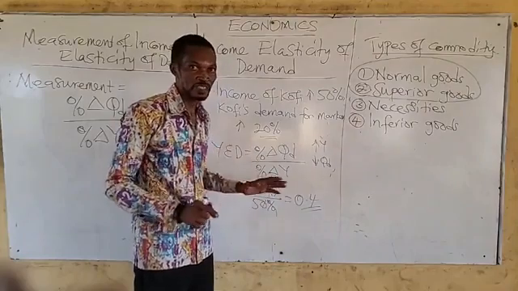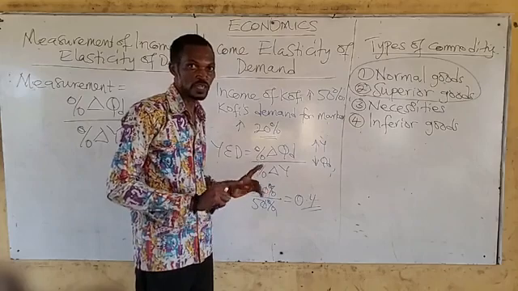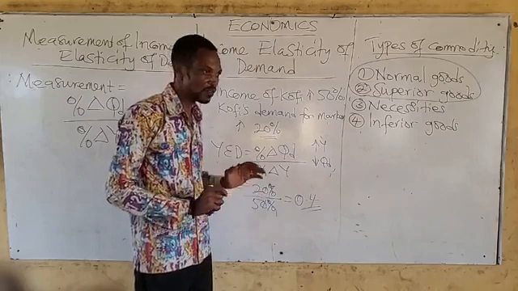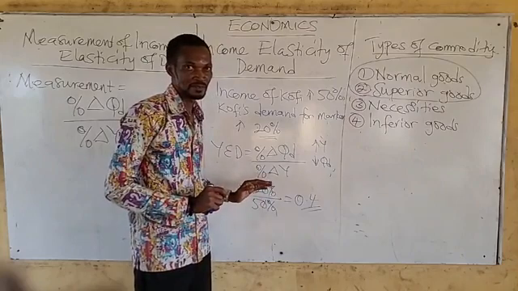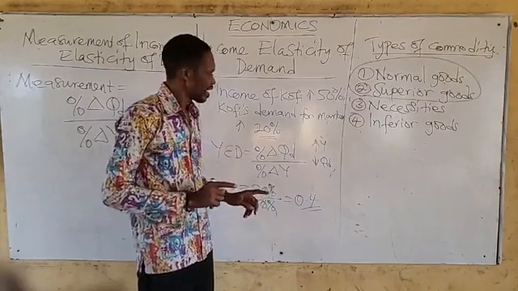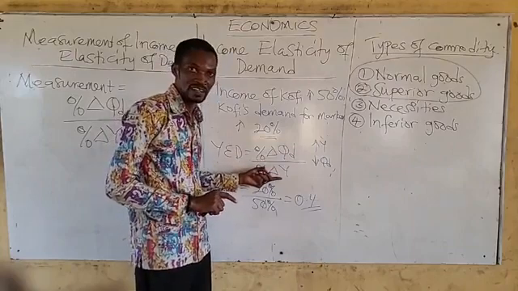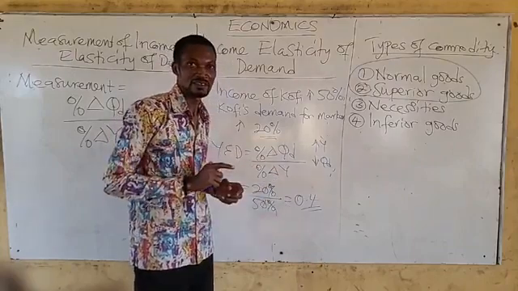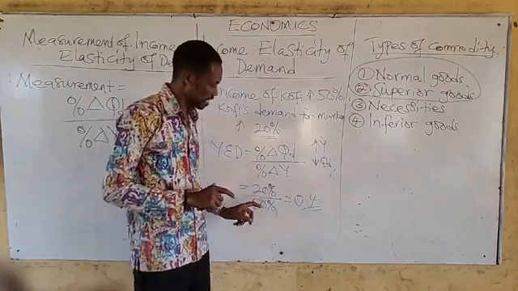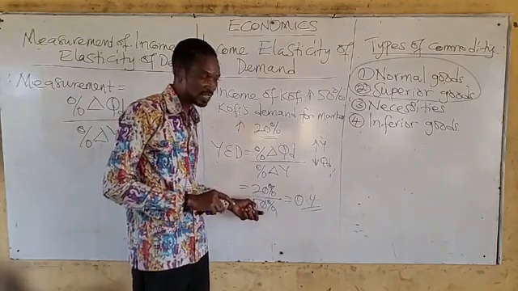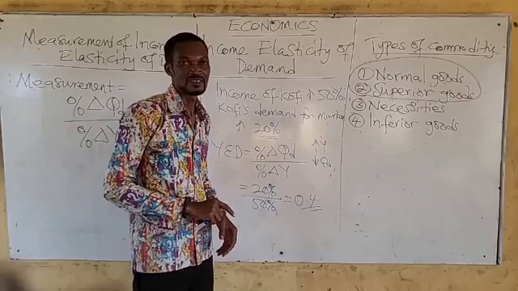Those who are doing mathematics, they have understood it already. They know what I'm talking about. Those who are doing elective maths, they are clear about this one. Even if your core maths is strong, you already understand what I'm saying. However, if the numerator is greater than the denominator, the result will be more than 1. i.e., the answer here would have been more than 1. So, for instance, if this is 50%, this is 20%, the result would have been more than 1. It would be 1 point something.